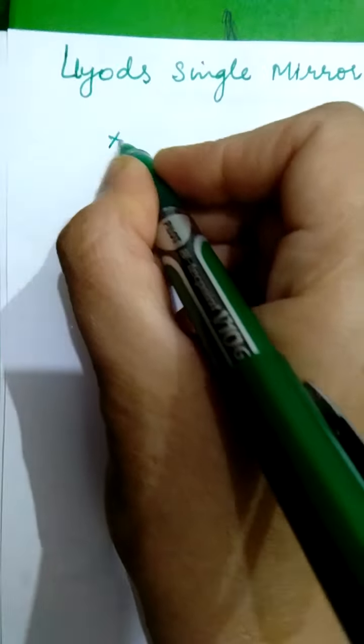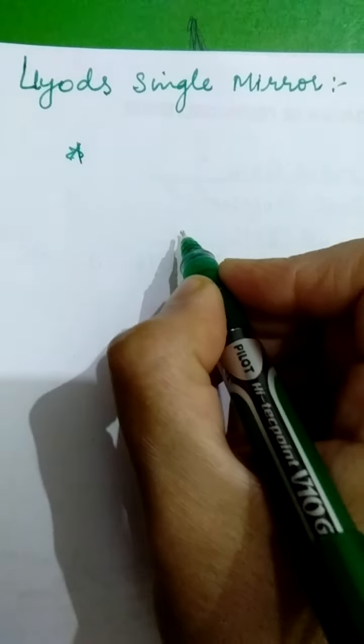Dear students, today we will talk about Lloyd's single mirror. It's an experimental arrangement which uses a single mirror, a single light source, and a screen to produce the interference pattern. So, the experimental arrangement is like this: you have a single light source here, you have a plane mirror